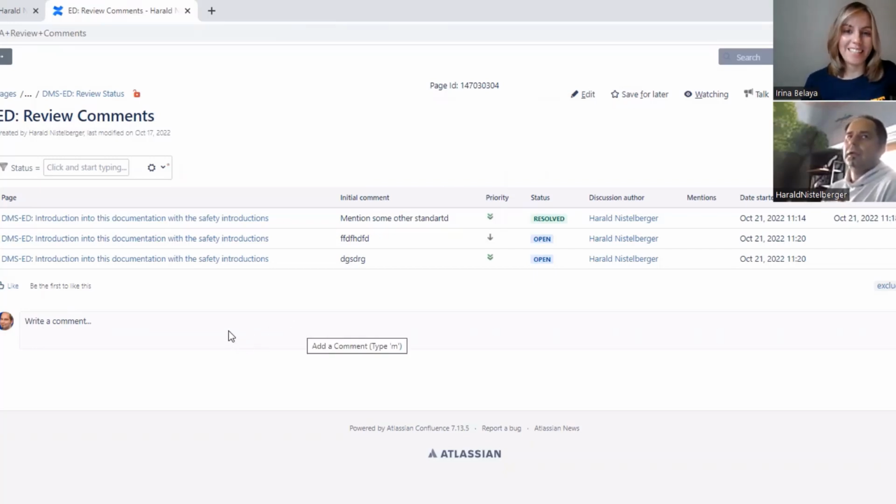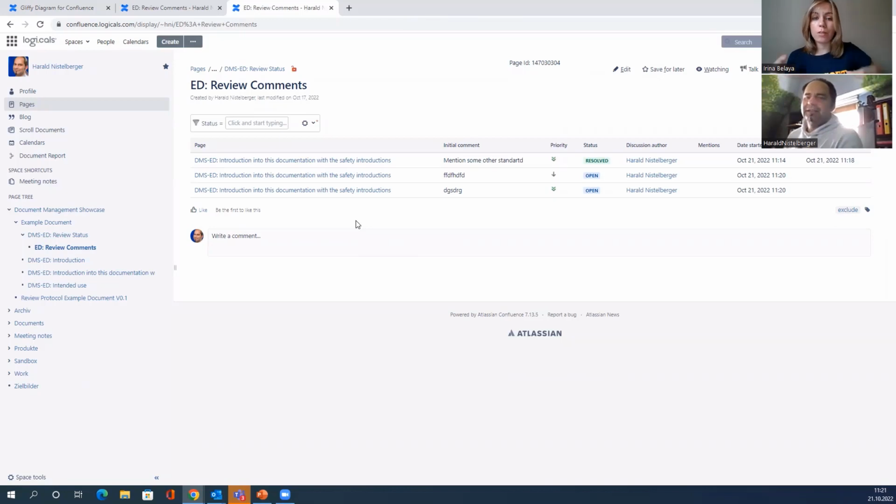Okay, interesting case actually. So just to sum up the whole review process in your organization, correct me if I'm wrong somewhere. In general, for setting up the review process in Logicals, you use two apps. The first one is Comala Workflow, and the next one is Talk app for Confluence. So initially you have statuses that define the review level of the document. So initially, when the document is not ready,